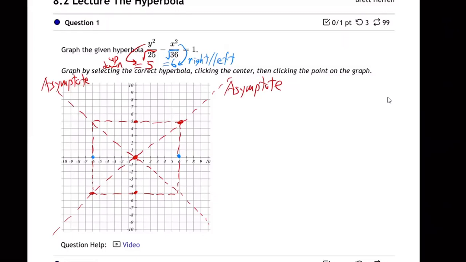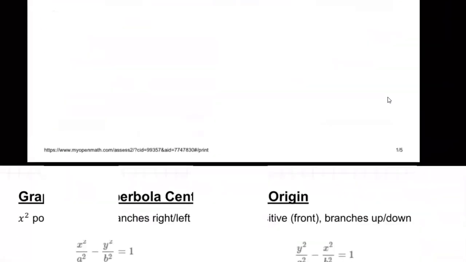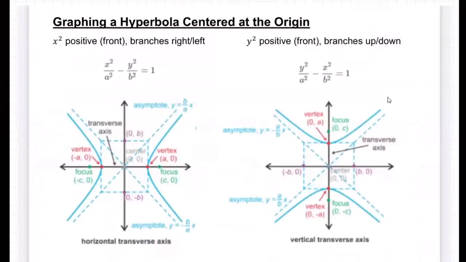Where do they go? Well, whatever's in the front, whatever's positive, y squared is positive. It's in the front. So that means the branches on this one are going up and down. If we had x squared positive in the front, they'd go right, left. That's what I'm showing you here on the notes, right? If you have x squared positive in the front,